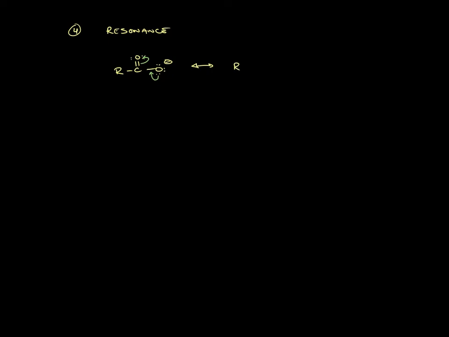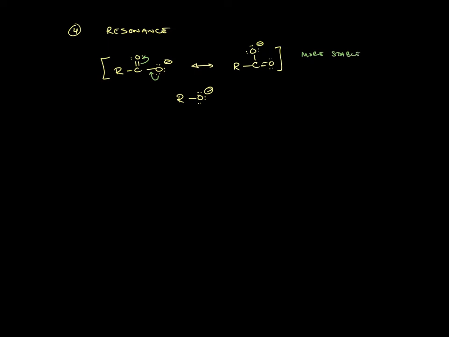That would give us a second resonance structure that would have an extra lone pair on the top oxygen, and therefore a minus charge, and then the one on the right would now be neutral. So this is a carboxylate, or the conjugate base of a carboxylic acid, and it has electrons spread over 2 oxygens. Effectively, each of those oxygens has an O with a half minus. If we compare that to the conjugate base of an alcohol, which would be an alkoxide, an O minus, this guy up at the top is far more stable,